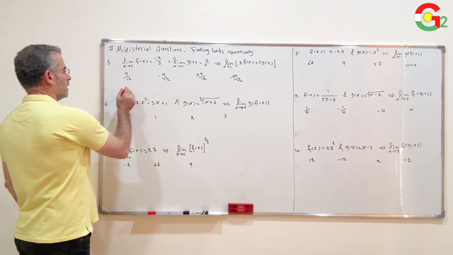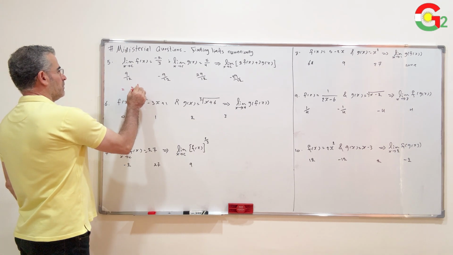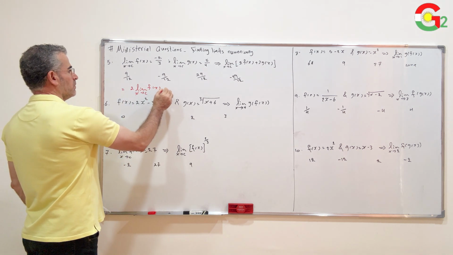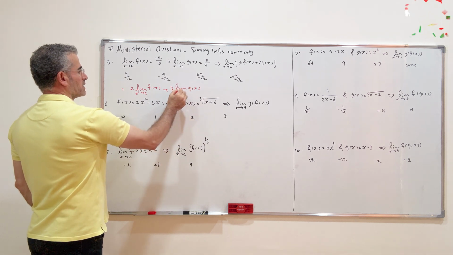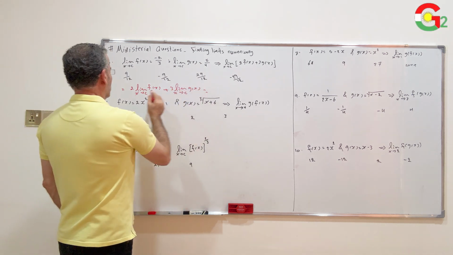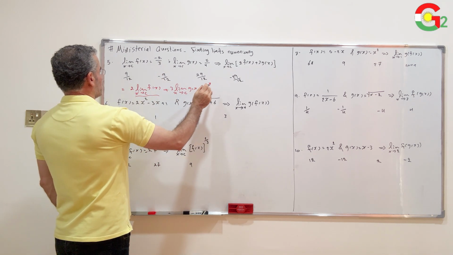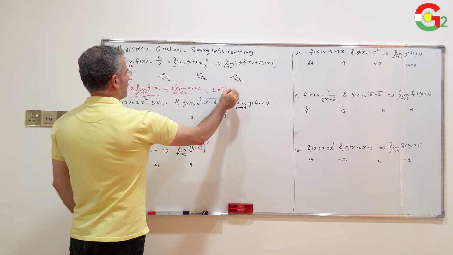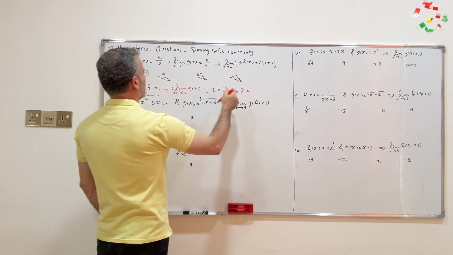I can rewrite this limit as 2 times the limit of f of x when x approaches c plus 3 times the limit of g of x when x approaches c, equal to 2 times -2 over 3 plus 3 times